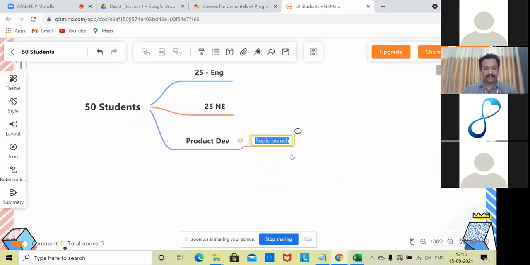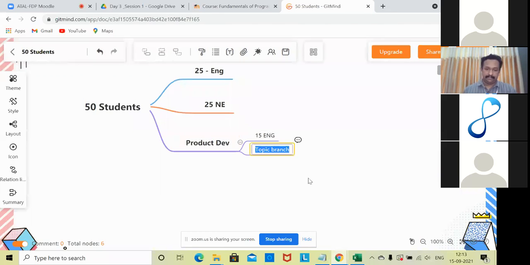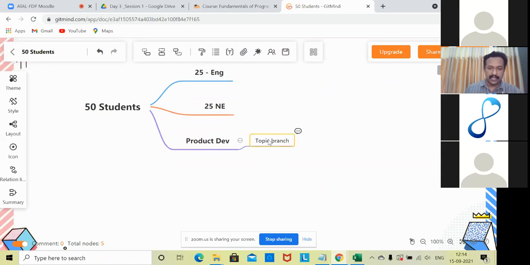we will have some 15 students from engineering, or otherwise leave it to all the students. All the students from non-engineering and engineering should attend this course, product development.